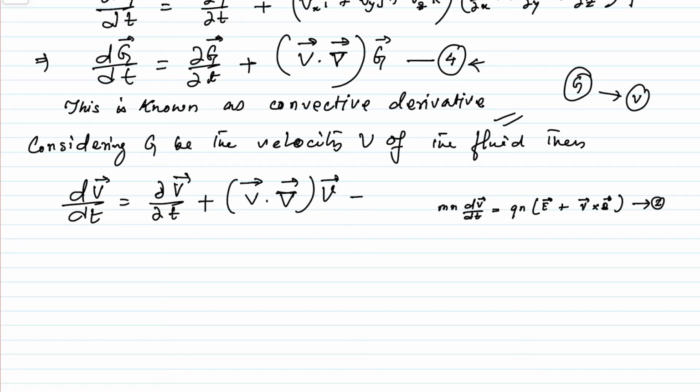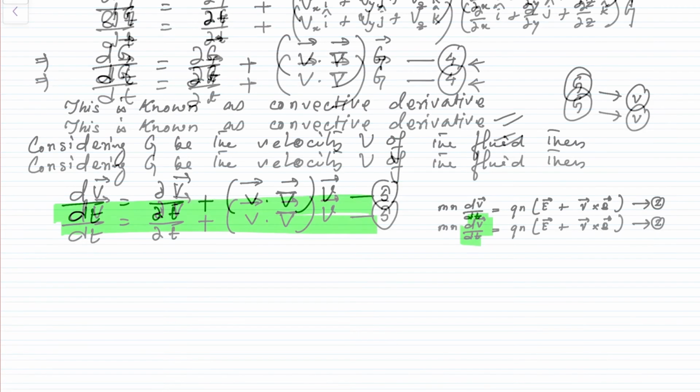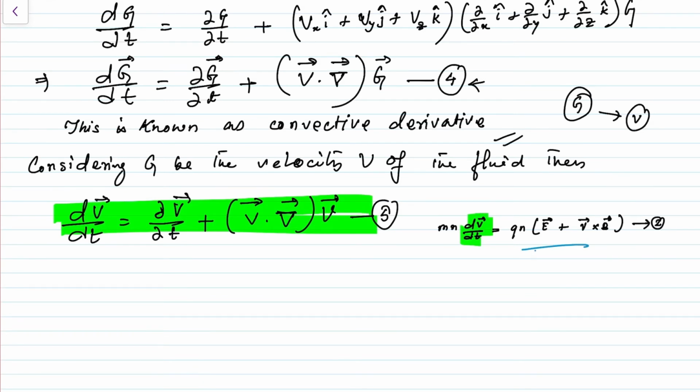So this is, suppose, equation number 5. Now you don't have to write this equation here, equation number 2. It is written above already, so it is hidden, that's why I have written here. Okay, so let us use this equation number 5 in equation number 2, we get,